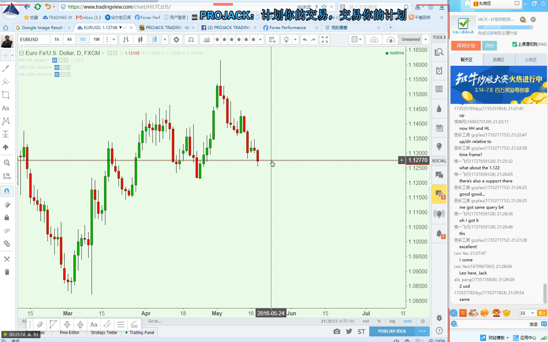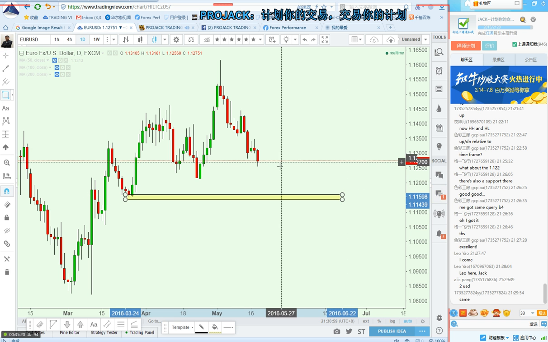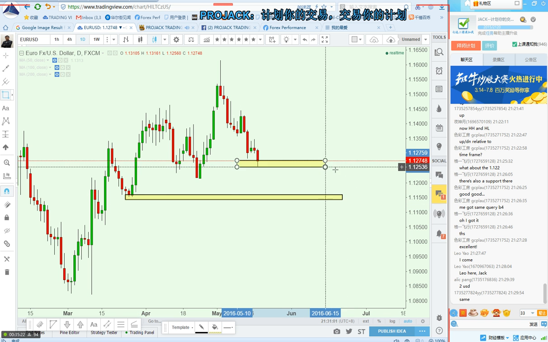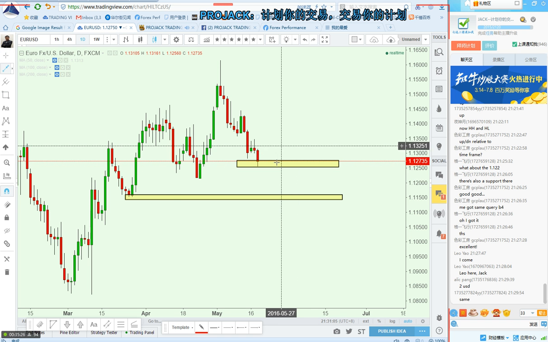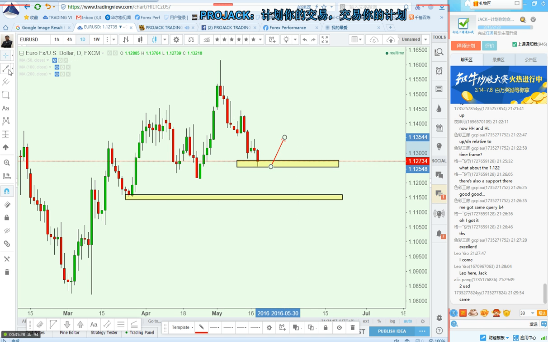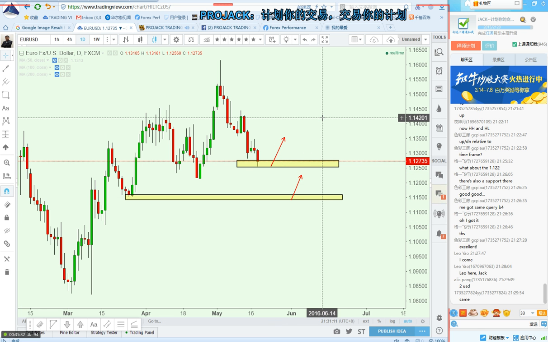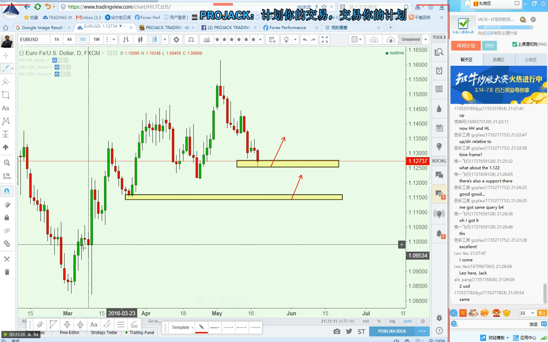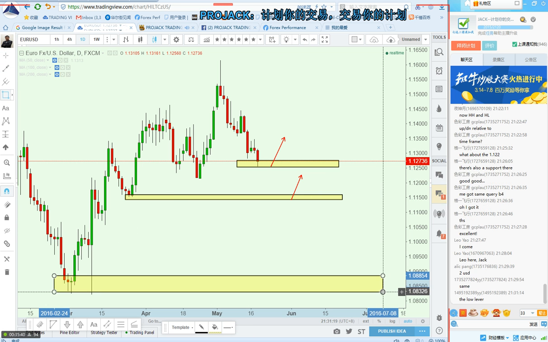Do you want to buy here, or are you willing to buy here? Tell me which level is a better place for buying. You buy here, or you want to buy here? Of course, if I want to choose, buy low, right? If price all the way comes to 1.0850, I will be a good buyer.